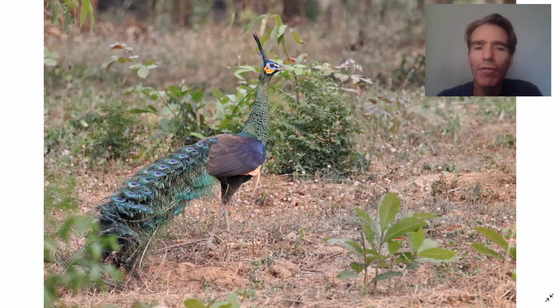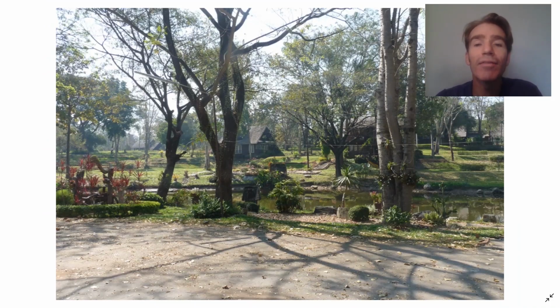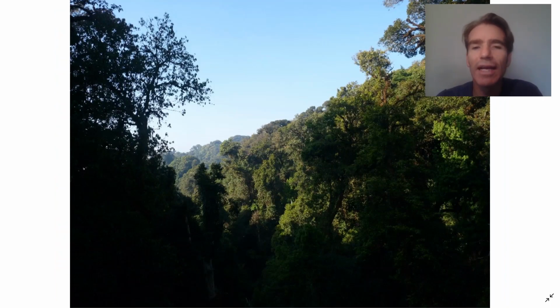Some come out of the forest in the late afternoon into the local orchards, and here sometimes you're lucky enough to see them displaying. Okay, so we've arrived at Doi Inthanon. This is our hotel. It has very wonderful grounds for birding. It's located just outside Doi Inthanon National Park. Doi Inthanon is the highest mountain in Thailand, over 2,500 meters, over 8,000 feet, and it's got some